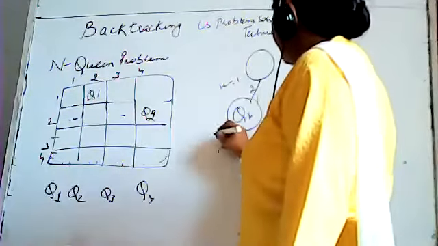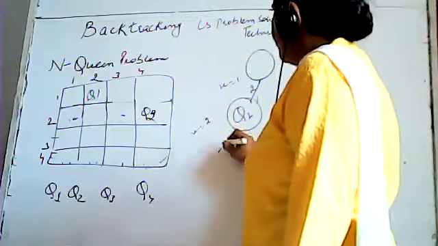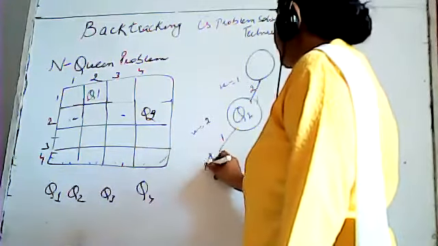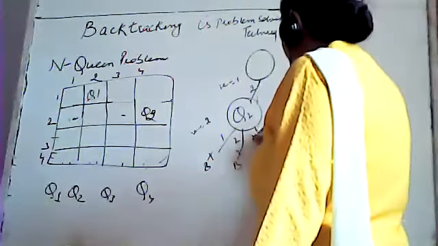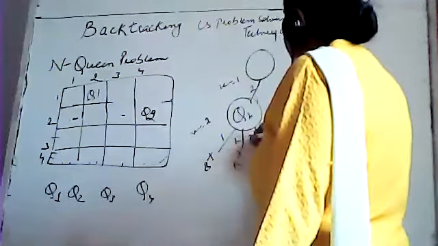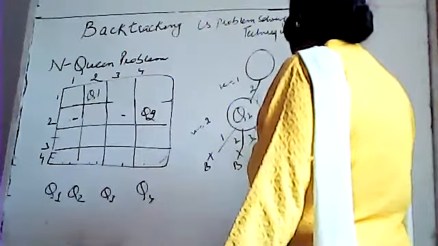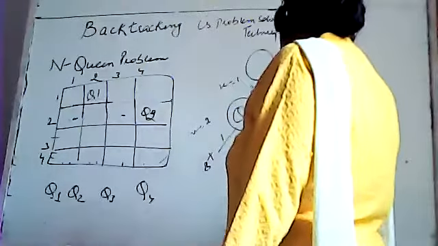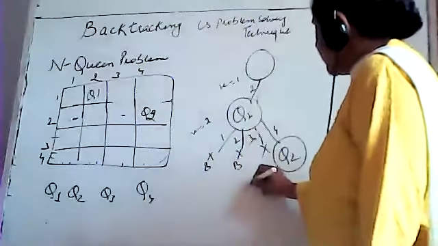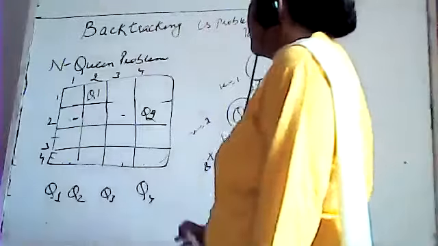I will try for x is equal to 2 in row number 2. First, I will be stopped by bounding function. For 2, it will also be stopped by bounding function. For placing in position number 3, it will be again stopped by bounding function. And at 4, I'll be able to place my Q2. Now for x is equal to 3, where should I place